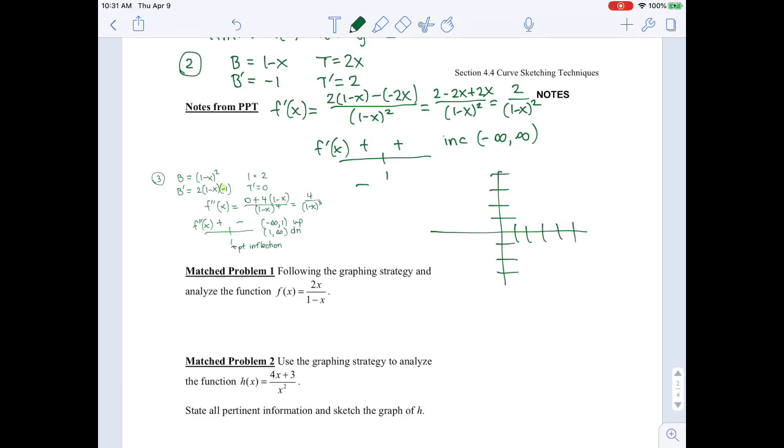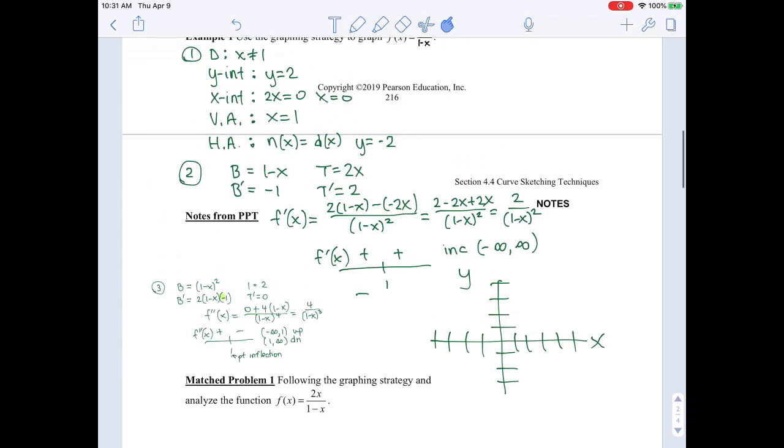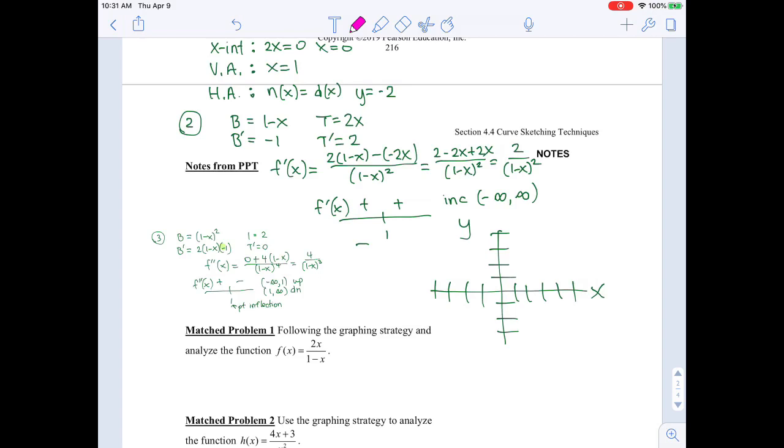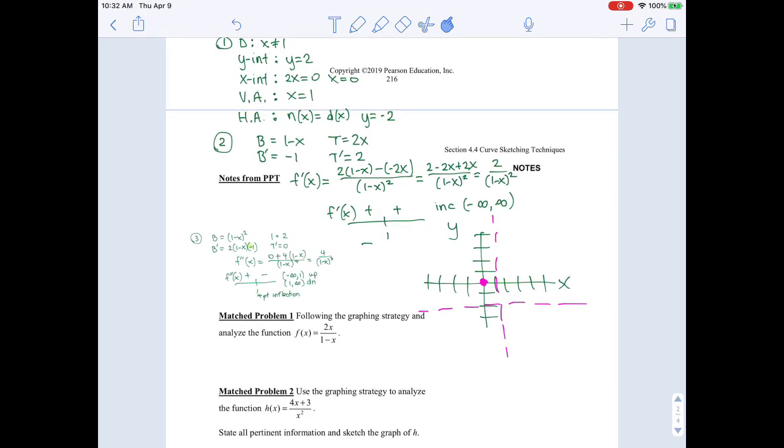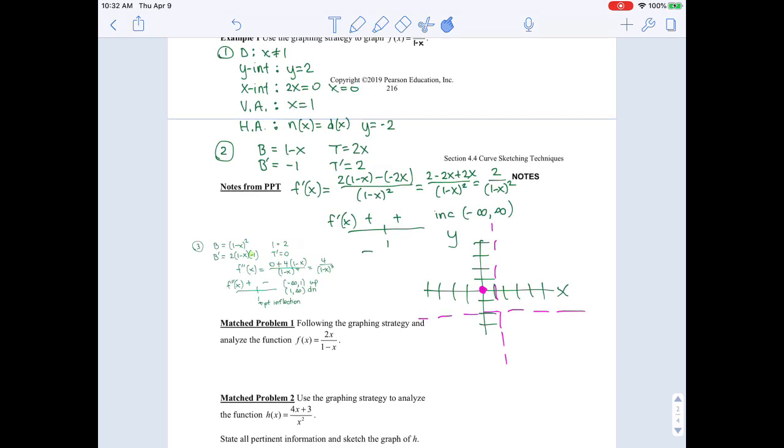So we need to just make sure that we include our asymptotes, which are at x equals 1 and y equals negative 2. Then we plot our intercepts. X-intercept is 0. And y-intercept